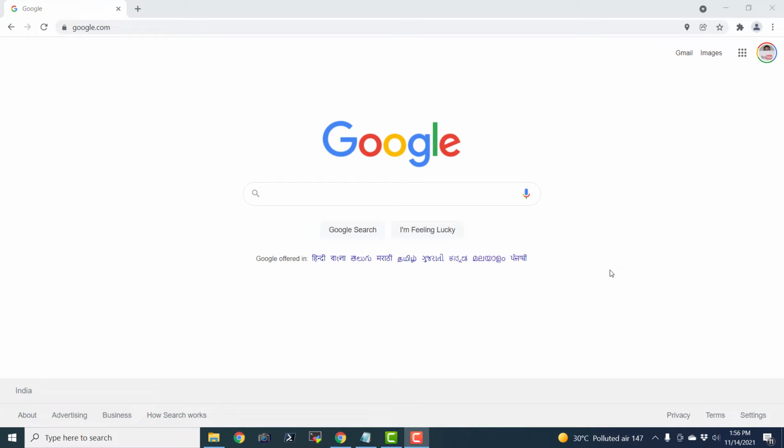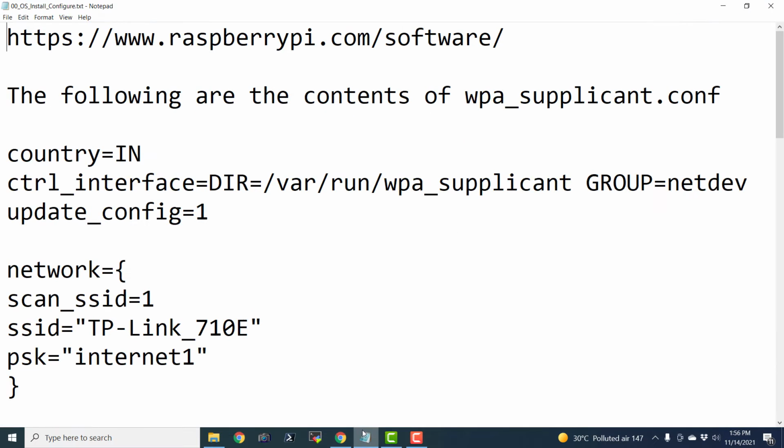In this video lecture, we are going to see how to install Raspberry Pi OS on a Raspberry Pi computer in a wireless and headless mode. When I say wireless mode, it means that we will connect to Raspberry Pi using my home Wi-Fi network, and headless mode means we are not going to use any sort of visual display or monitor in order to access Raspberry Pi visually. That is quite possible. So let us see how to do that.